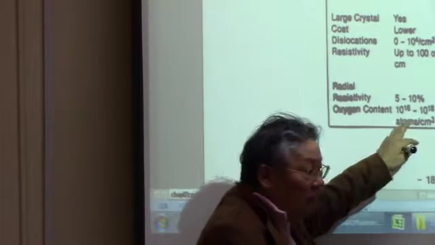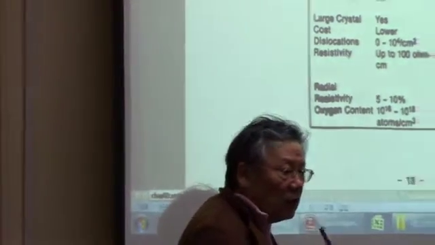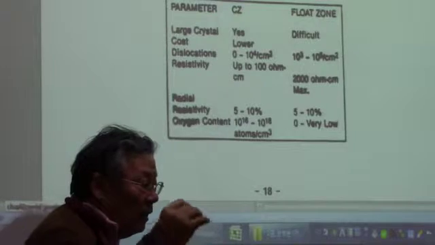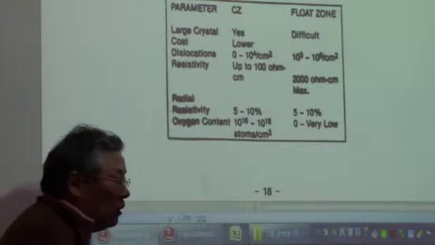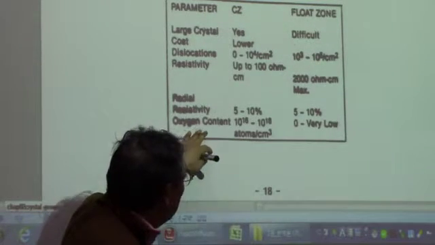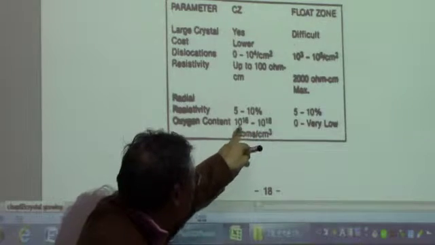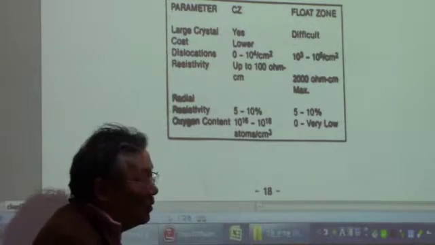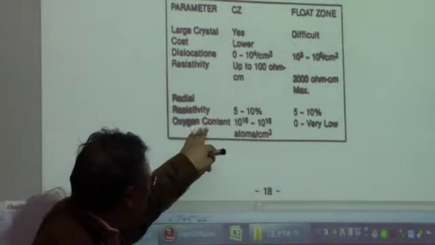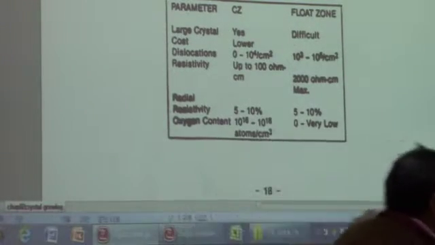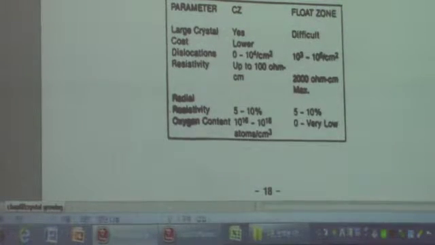In Czochralski, even if it is a single crystal, we have interstitial oxygens, which do not disturb the crystal structure, but we do have impurities like interstitial oxygens, and in Czochralski it is 10 to the 16th to 10 to the 18th, while in a float zone technique we have almost none. And this interstitial oxygen comes from the vessels of the Czochralski. As we discussed earlier, we have very large silica vessels